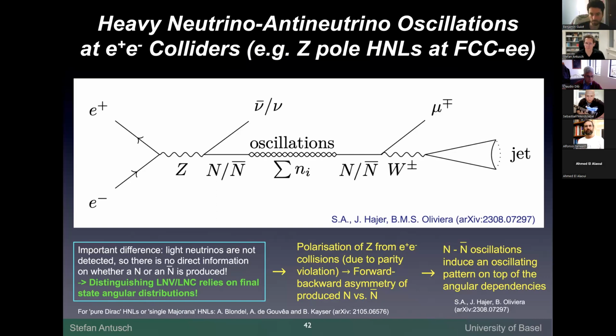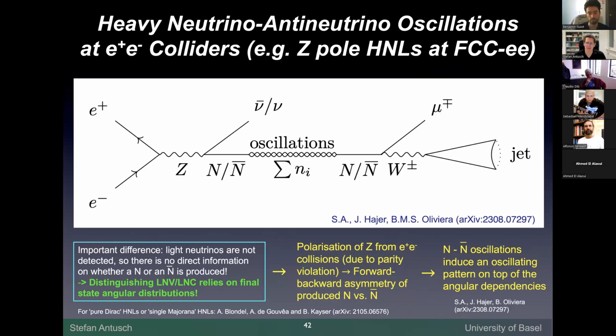angular distributions. And in fact, in this case, when you have the HNLs coming from the Z at an e+ e- collider, like from the Z pole, then it is known that the Z is going to be polarized, basically due to parity violation, and you have a forward-backward asymmetry because of that for producing N's or N bars. So more specifically, you will produce more N's in the forward direction, and you will produce more N bars in the backward direction. This is like a 15% polarization of the Z, but this will give such a forward-backward